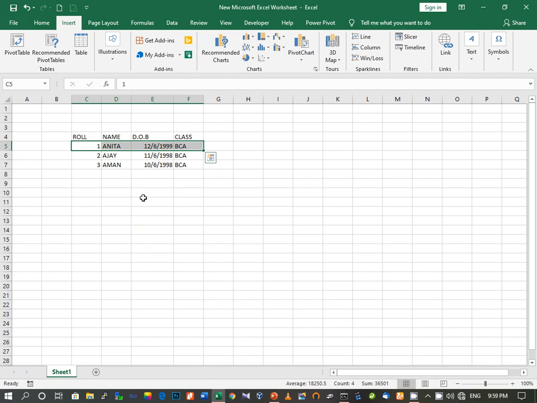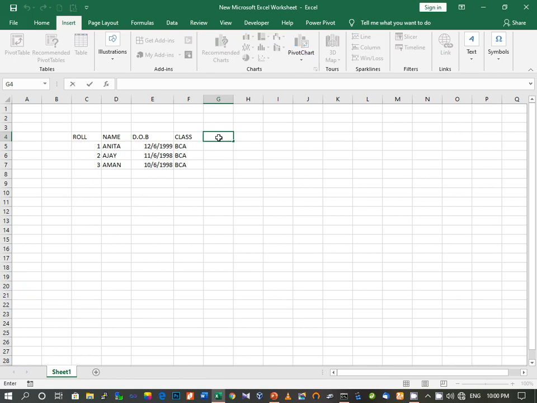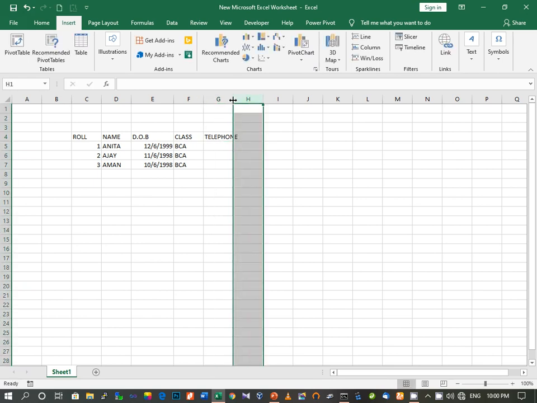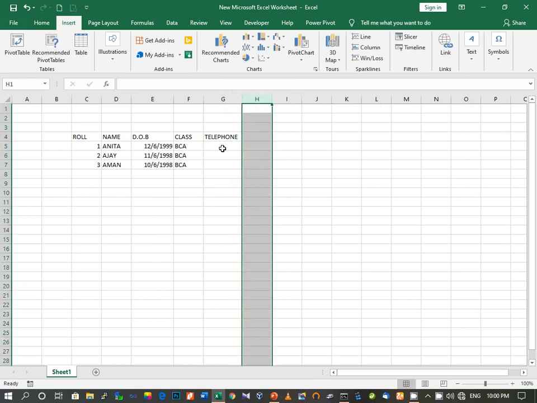Then the next is to enter special numbers and to enter date and time. Now suppose I'm making one more column which will contain the telephone numbers of the students.